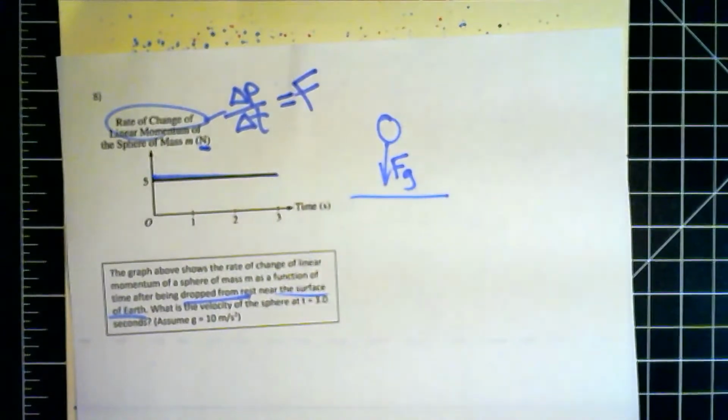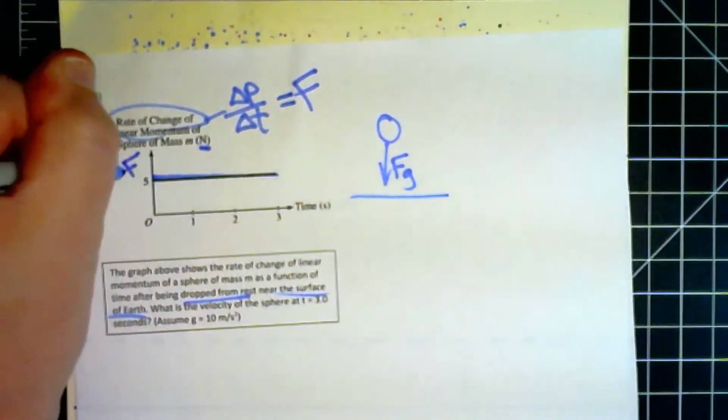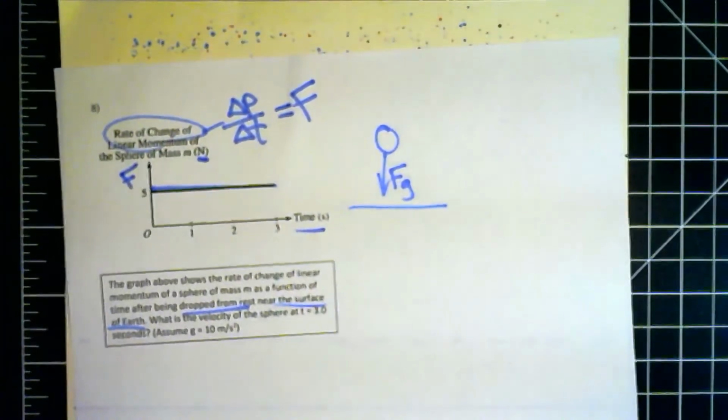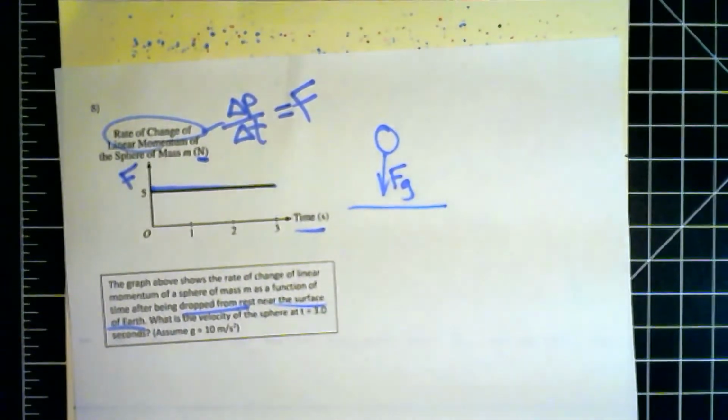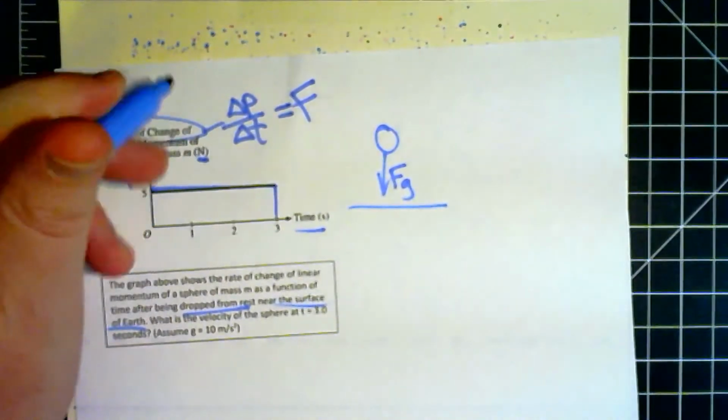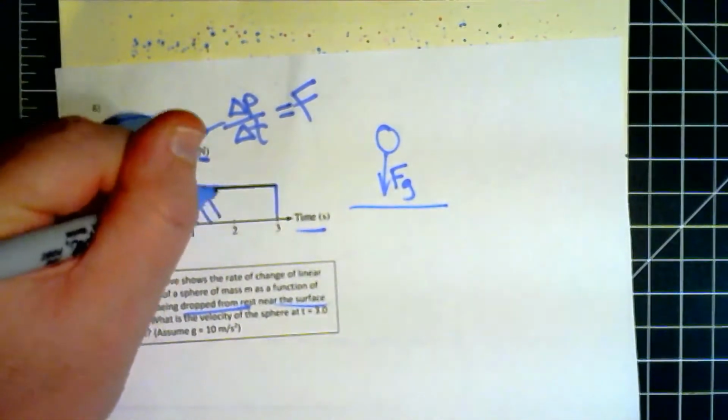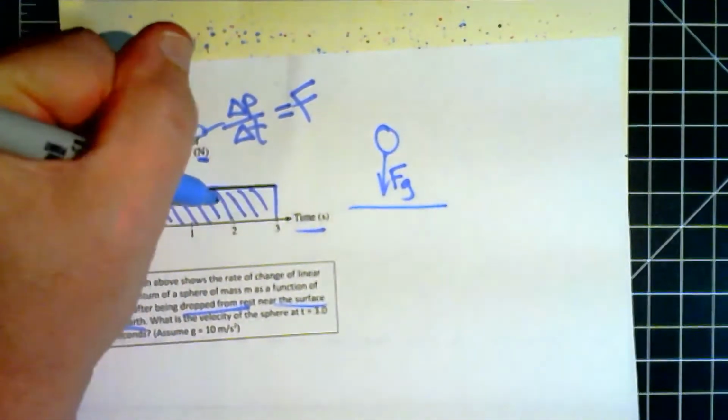It tells you that this is a force versus time graph. They just put it in different words. It's a Newton versus seconds. And so, because it's a force graph, we can find the velocity of the sphere by recognizing that this area right here, which is our impulse,